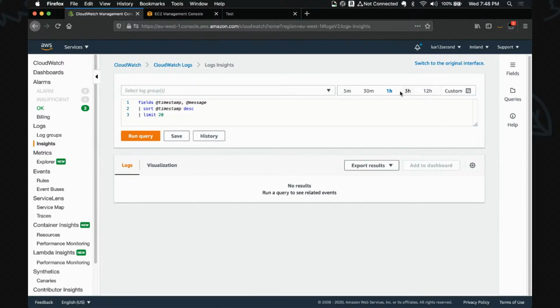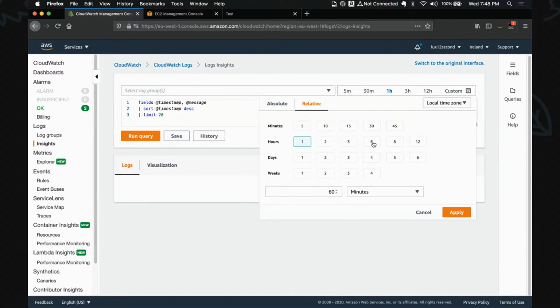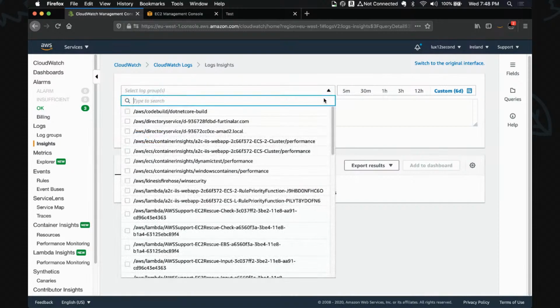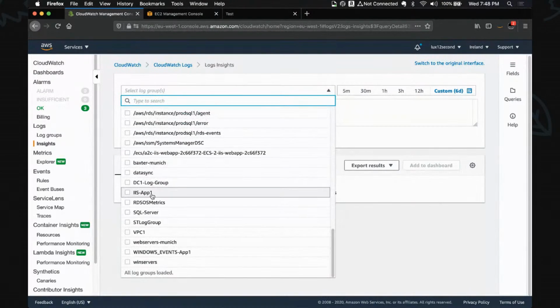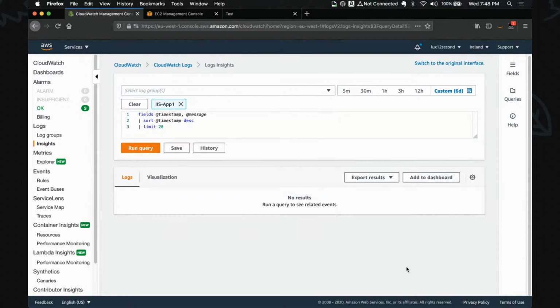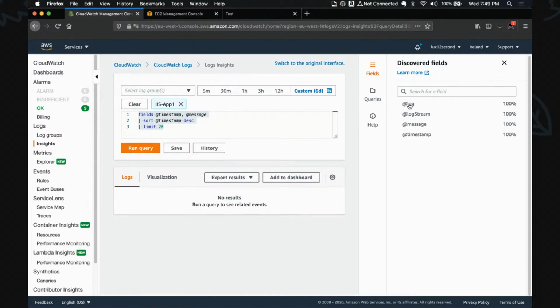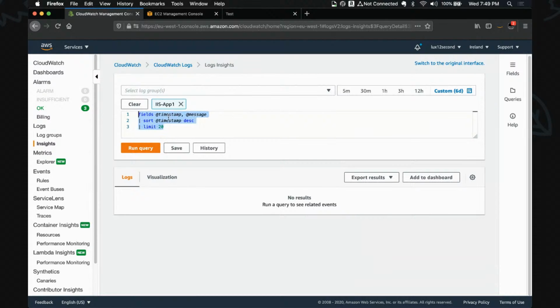So when you come to Log Insights, I will first choose the window, right? Let's say 6 days. I choose which log I want to analyze. Again, I'm interested in my IIS logs. Maybe I have lots of application servers, so I will just analyze this. There is this default query that you can see here. And if you click fields here, you can see that in this log, the detected fields are log field, log stream field, message, timestamp. These are very well documented, so I highly suggest reading the documentation if you're interested in the query language here, but it's pretty easy.